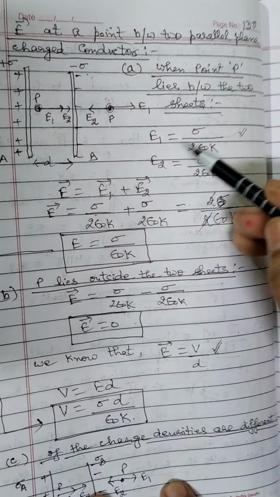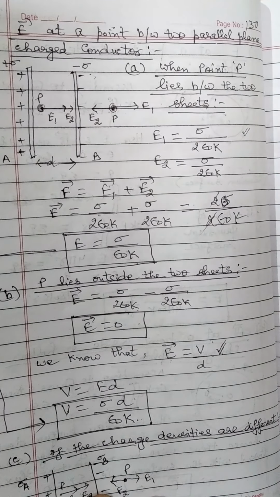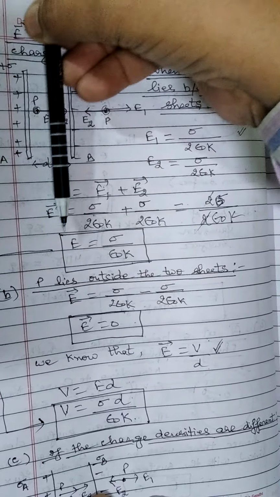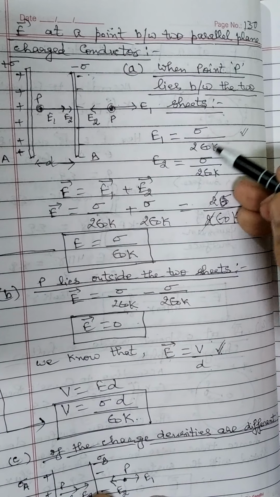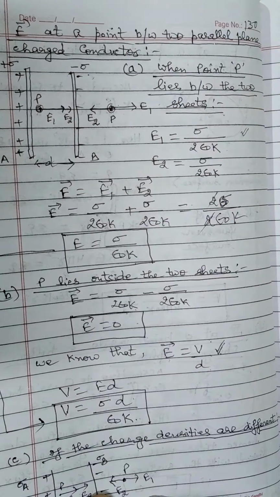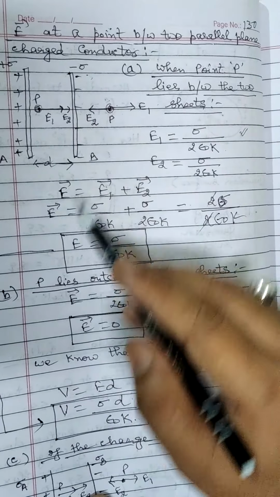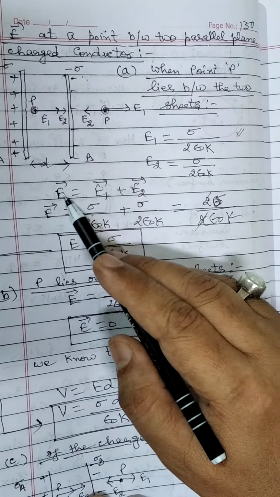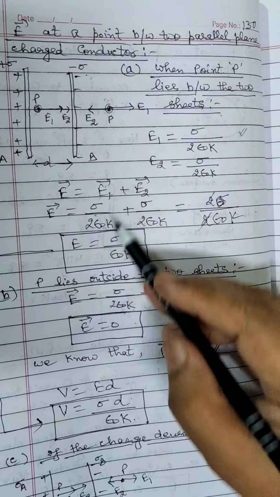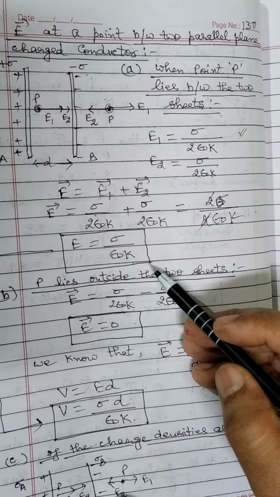Now we can write, we already have the formula for the electric field due to a sheet, that is sigma upon 2 epsilon 0 k. तो assume that this sheet is not there, केवल एक ही शीट है और P पॉइंट यहाँ पे है, तो E1 will be equal to sigma upon 2 epsilon naught k and E2 is equal to sigma upon 2 epsilon naught k because of this sheet. And here when the point P is inside, both are in the same direction, it is a vector quantity, so we have to consider the direction. Vector E is equal to vector E1 plus vector E2. It is sigma upon 2 epsilon 0 k plus sigma upon 2 epsilon 0 k. If you take the LCM, 2 will be cancelled out and you will get